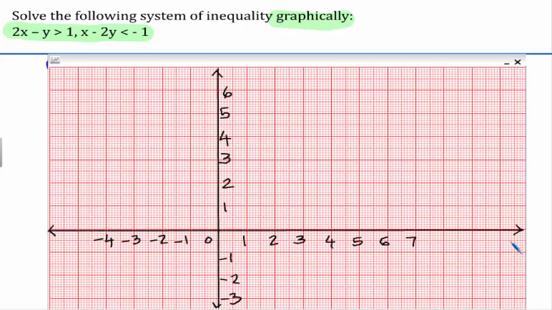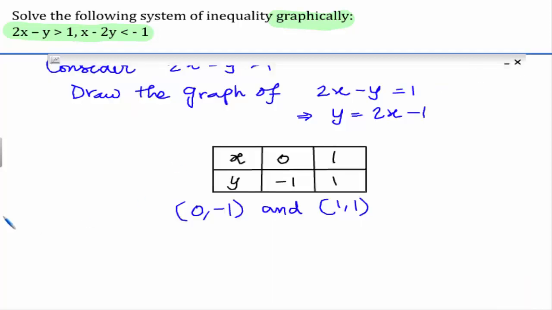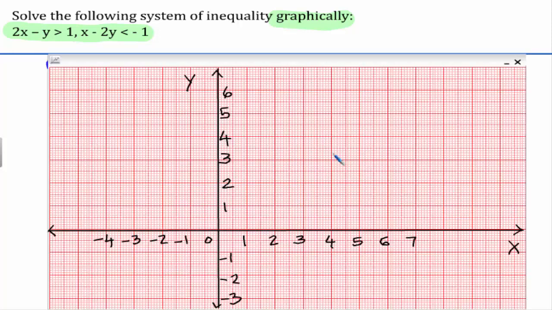Now in this system, here is the x-axis and this is the y-axis. Let us select the ordered pairs. The ordered pairs are 0, minus 1. So 0, minus 1 will be here on y-axis, and the next one is 1, 1. 1, 1 will be here. Now observe that this inequality is only greater than symbol. Therefore we have to draw the dotted line by joining these 2 points. Let us draw that now. Here is the graph with the dotted line.